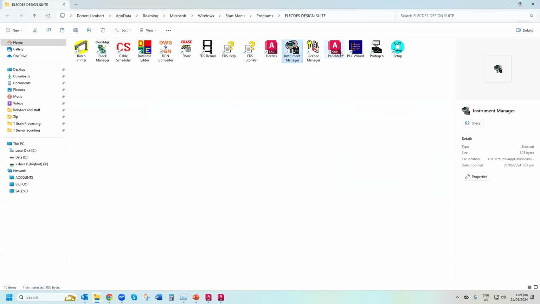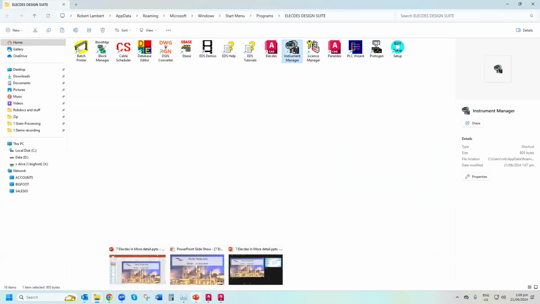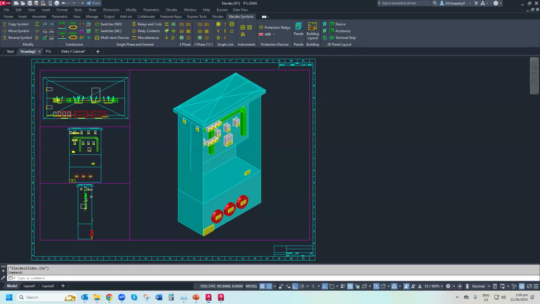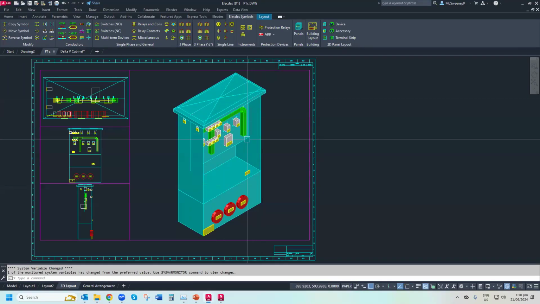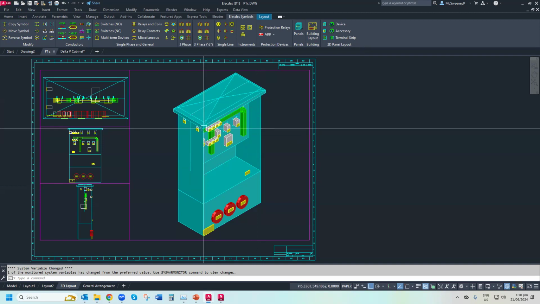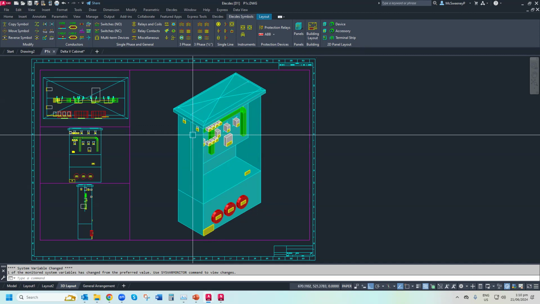The other module I've got here is Panel.des. As the name implies, it was originally developed to do panel layouts in 3D. And there's an example of a 3D panel. It was designed to work out wire lengths, which of course you need to have a 3D model to work out accurate wire lengths. The trouble with that is that while most manufacturers do have digital catalogs these days, a